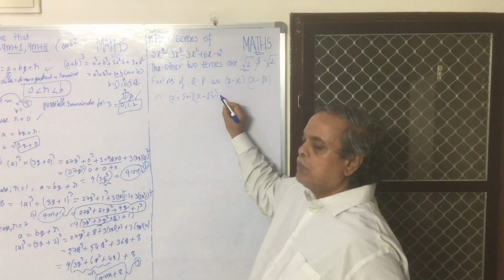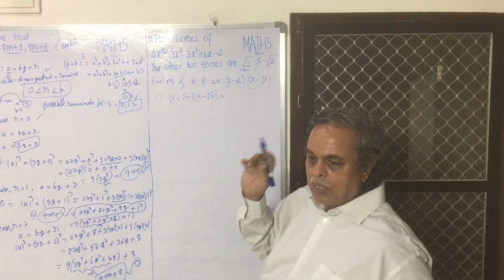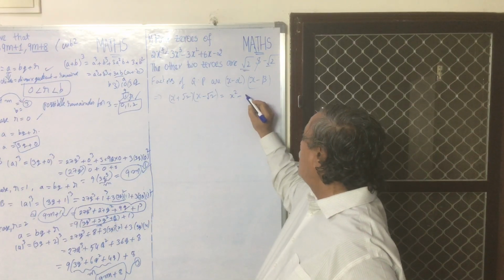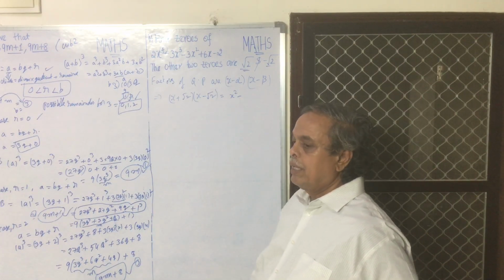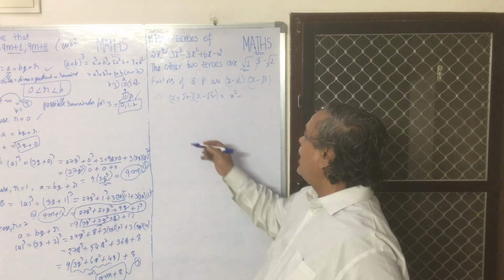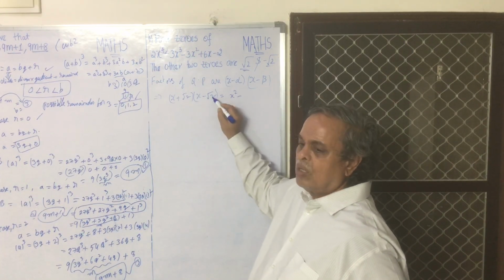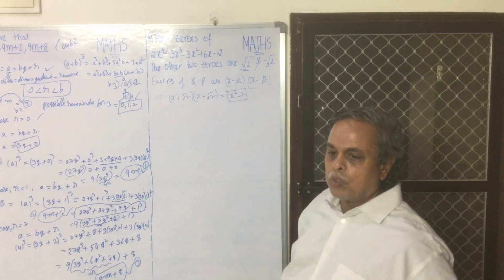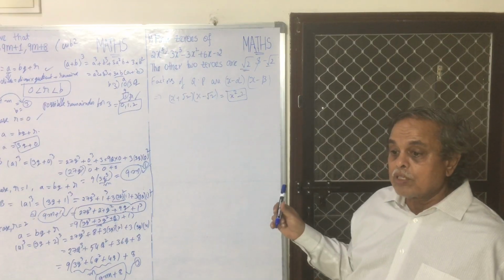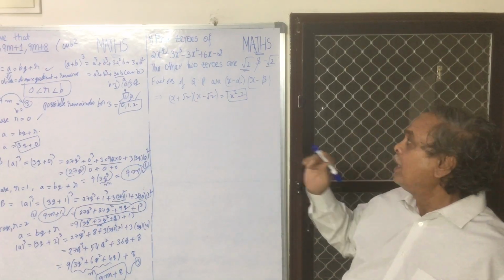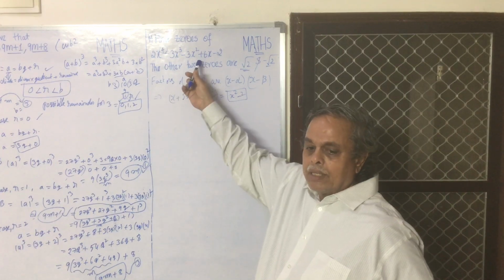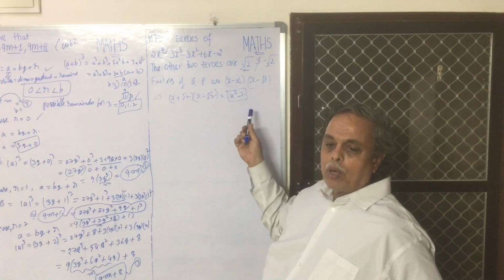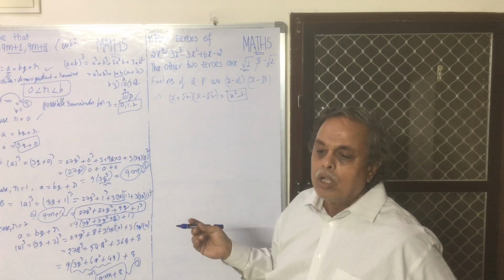Now what is a square minus b square equal to? x square minus root 2 whole square. Root 2 into root 2 is 2 only. What has it formed? This is the quadratic formula. Now, this biquadratic polynomial is divided by this quadratic polynomial, and you can get the remaining zeros.